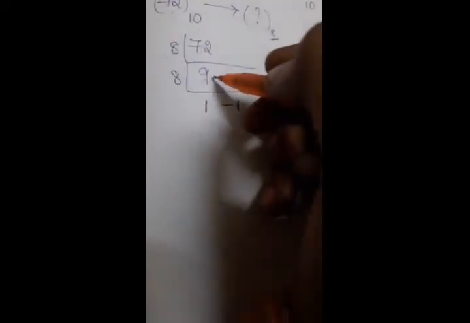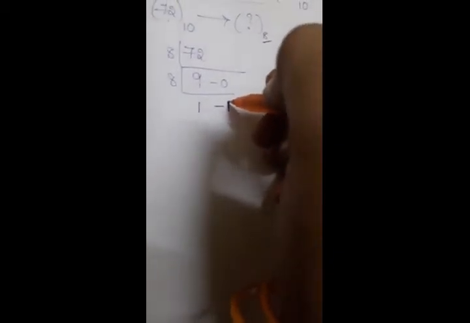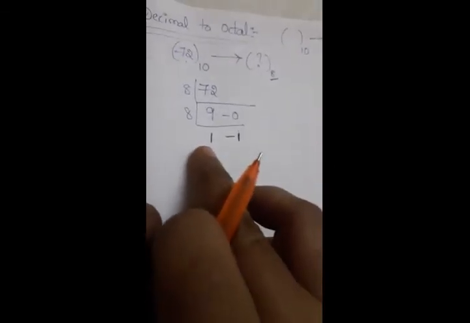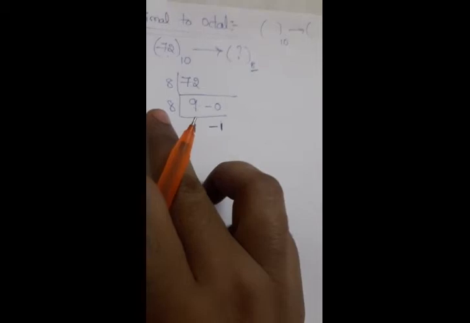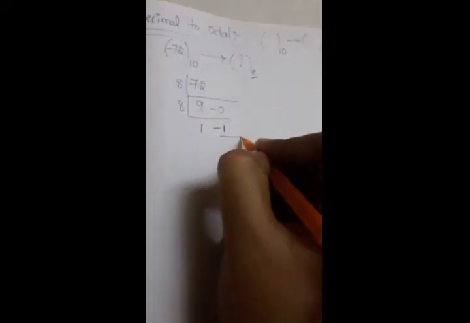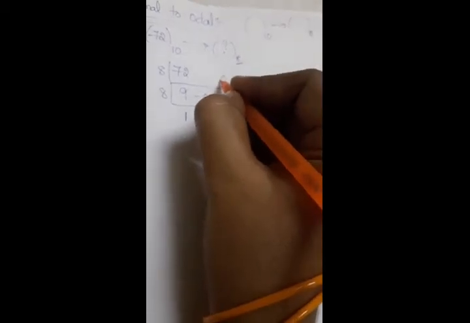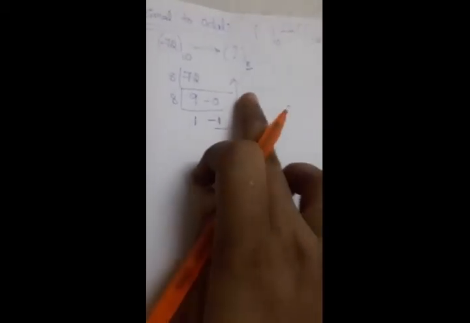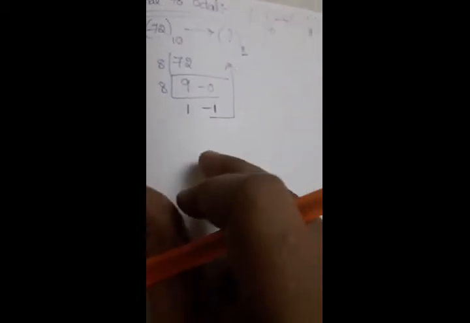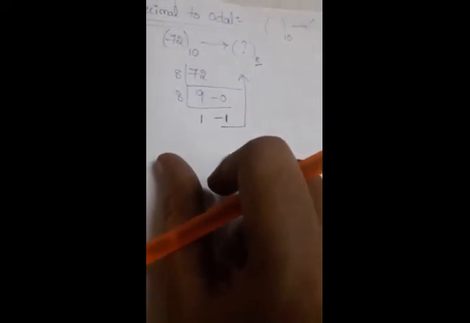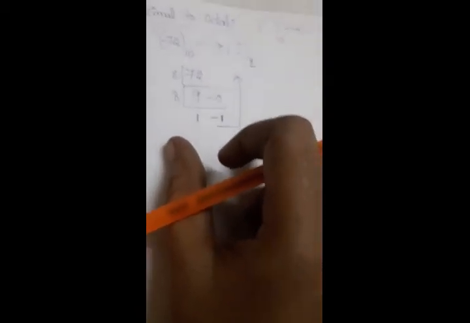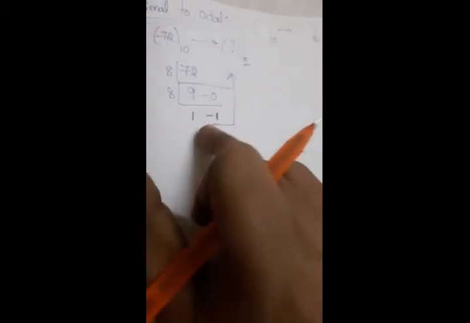Okay, so here the remaining number is 1, so that 1 will be possible here. Okay, so as it is we'll write it, but 1 is not possible in the 8 table, so that's why I will end this process. So here, how to take the number, that means how to take the remainder number. So we'll write it like this. The remainder, whatever the remainder is obtained here, that will be taken or read in reverse order as indicated by the arrow.